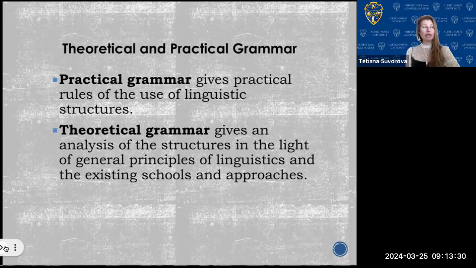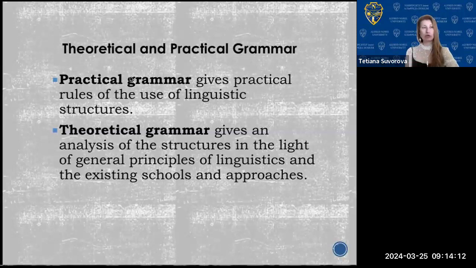Okay, so then if we speak about the morpheme, to continue. In respect of practical grammar, we speak about the rules of combining these morphemes, for example, root morphemes or affixal morphemes, and the place of them, and the possibility and distribution of morphemes within the units, and so on and so forth. So theoretical grammar, as far as you can see, gives an analysis of those structures. It cannot prescribe anything or whatever. It just analyzes the state of the situation in the language.